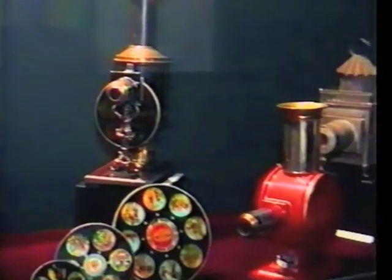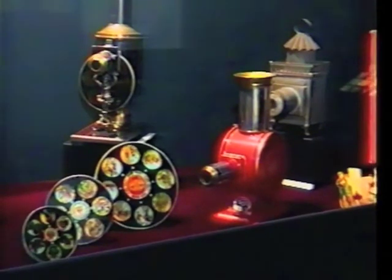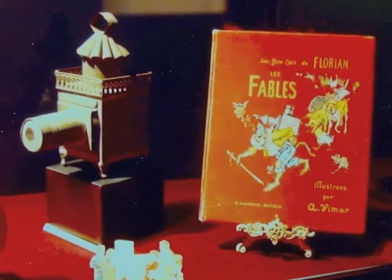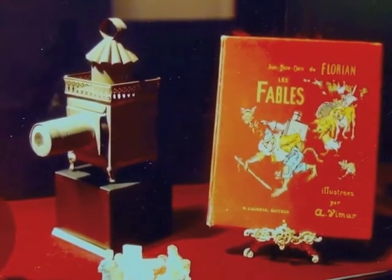Some lanterns used circular slides of various sizes. Many were multicoloured. They used paraffin lamps as